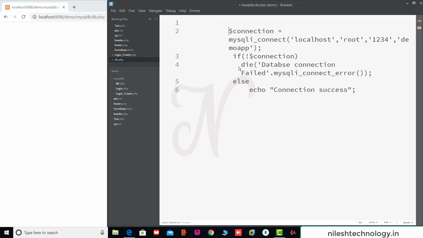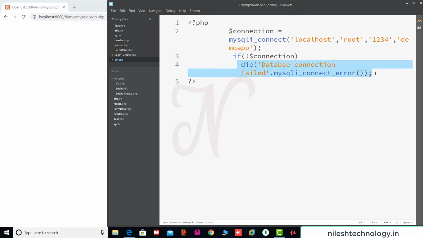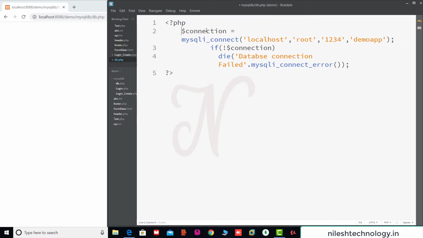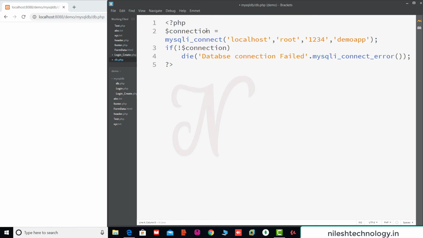Add here the one PHP script. If the connection is successful, then we remove this message, because it would be shown every time a connection is made, so it is not required. If the connection fails, then this message is very important, because it highlights to the users that there is a problem with the connection. So we keep this error message and remove the success message. Save here, and adjust these spaces. This is the die message. Save this file.